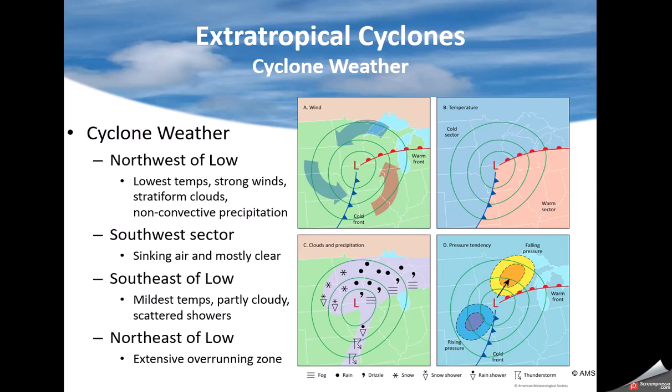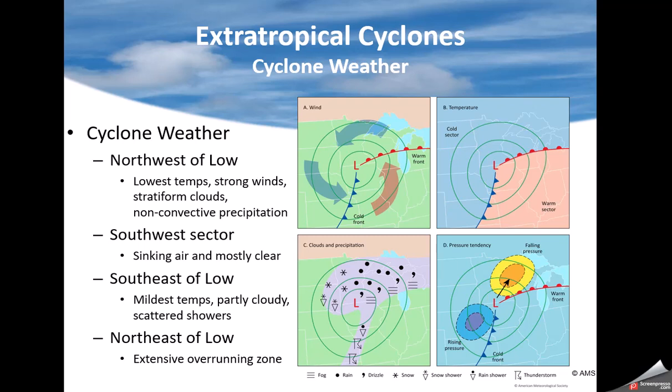We have gotten tremendously better in forecasting them. However, once in a while we do make mistakes. And when that happens, you don't have to be off by a lot. On the east side, typically it is all rain. Warm front coming up, maybe some thunderstorms even, typical of the pattern. West side, more colder air. And especially if you stay west of the low the whole time, you're going to stay in the cold sector, so you'll probably have snow.